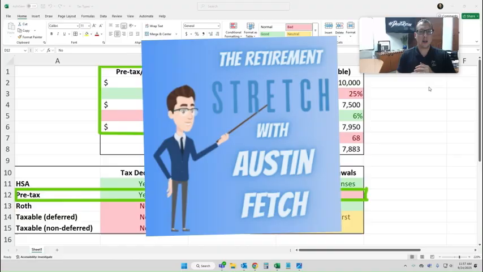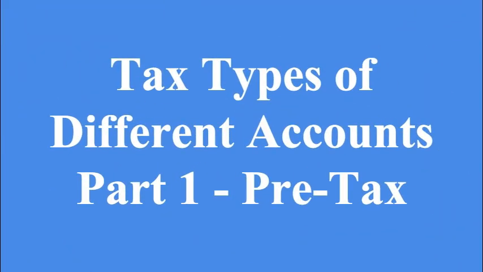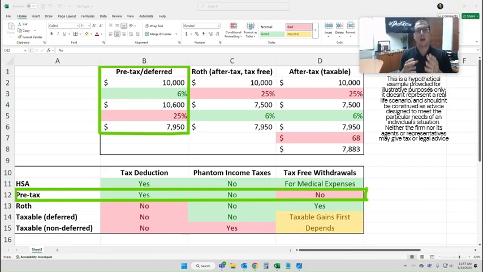This time we're going to be talking about the tax types of different accounts. Okay, so there's three main tax types. We're going to go through those. So this is going to be a three-part video, but I just wanted to talk about it a little bit